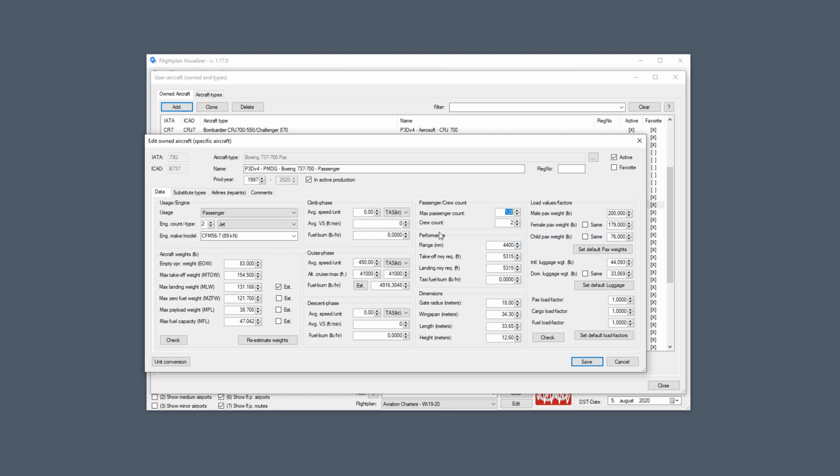Next, we have some performance data of the aircraft. You have a range, you have the required runway for takeoff and landing, and you have the fuel burn at taxi. If this fuel burn is not known, the program will try to estimate it when it does the fuel calculation. But again, if you know the figure, it's better. These first three fields are